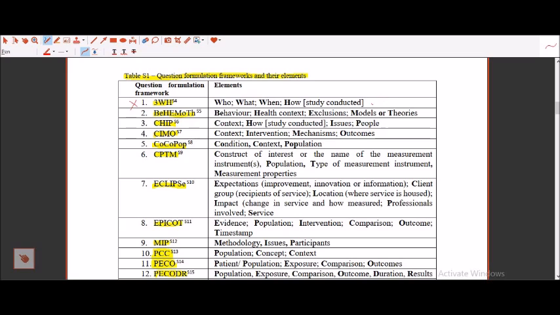BEHEMOTH, which is behavior, health, context, exclusions of the models and the theories. This I have done in depth. Now CHIP, okay, now the thing is that in this particular presentation of mine, I have just picked up the paper and I'm discussing the various frameworks or the protocols that are available in front of us. And once I complete, maybe there would be 4 or 5 such papers,